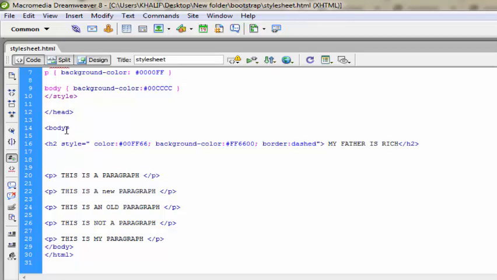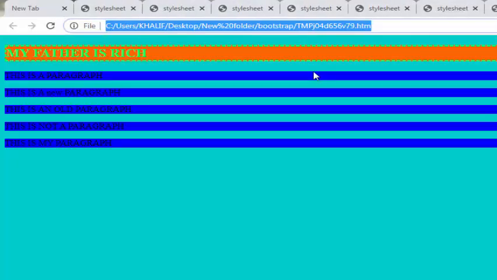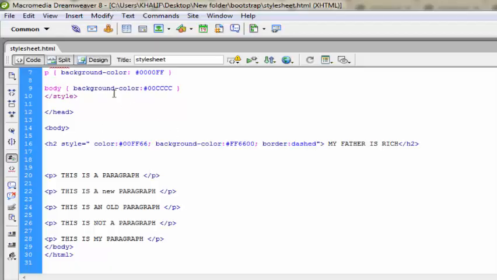Now we're giving a background color. All we did was to use this element, which is the body. We brought the body up here, we reference it up here, then we give it a background color here. Now let's preview the output. This is what CSS can do, and it can do better than this. All this is still under embedded styling.